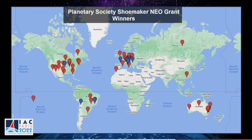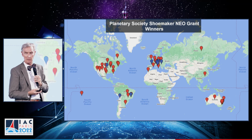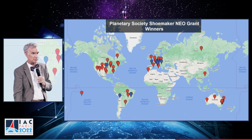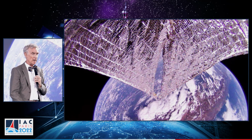And they do this because they love it, because they want to find these asteroids. It's fun to go looking for them, and of course it may save the world. So it's just something that we have done. We named them after Gene Shoemaker, who many of you may have known, was a guy that did a lot of the early physics of craters. And he was a big friend of the Planetary Society, and he was there when the string of pearls ran into Jupiter back in the day. So you may know that,